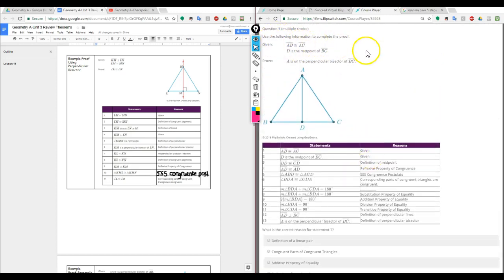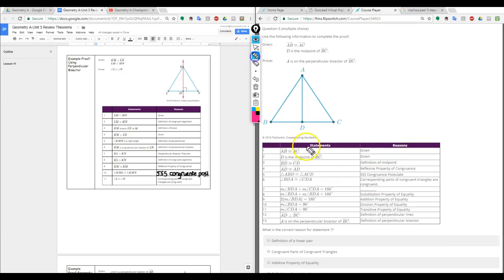Question 5. Use the following information to complete the proof. Given segment AB is congruent to segment AC, D is the midpoint of BC. Prove that A is on the perpendicular bisector of segment BC. Okay, now the question is asking what is the correct reason for statement 7. So let's read through what they have set up in the statements and the reasons so far,